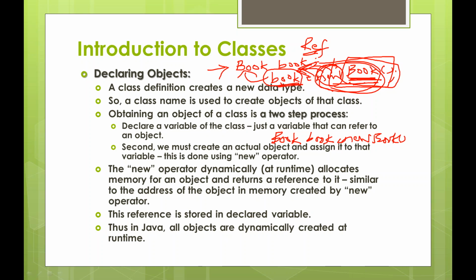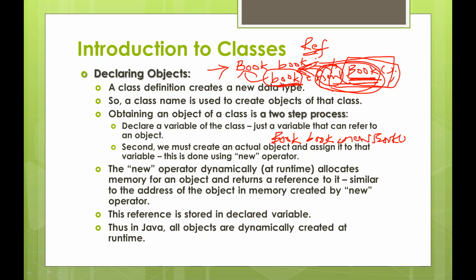So the two-step process that I just discussed is mentioned here. First, we declare a variable, myBook. We have just created an object, but it's not actually an object as of now. It is just a reference variable. When we use the new operator and assign the reference to the myBook object, that is when